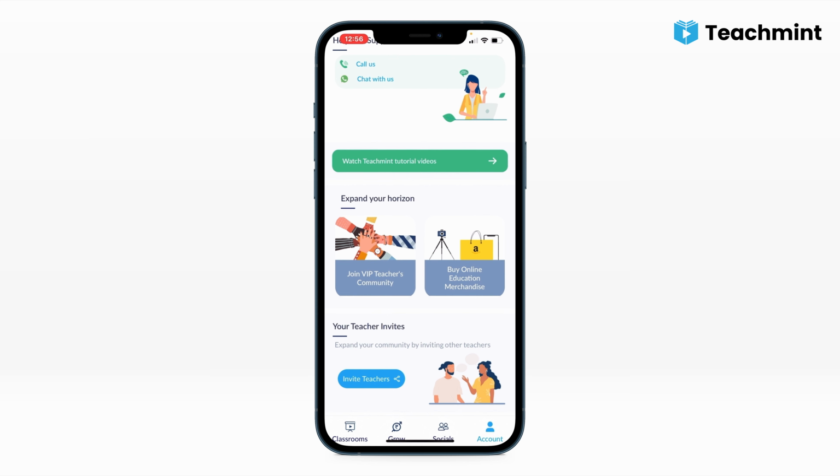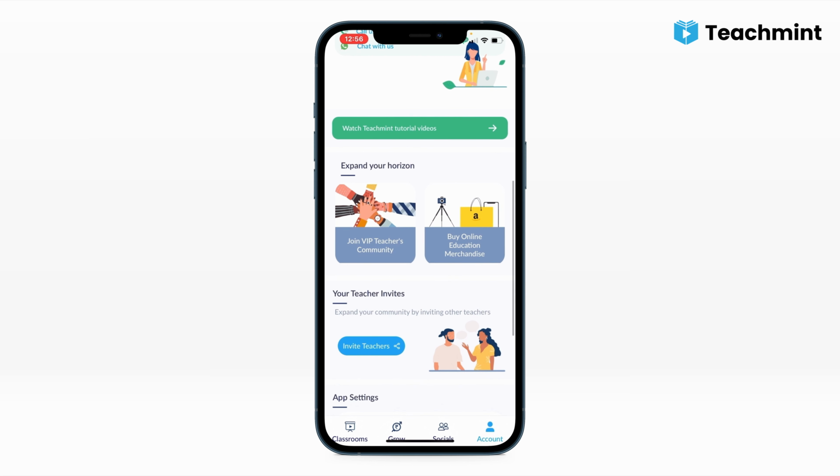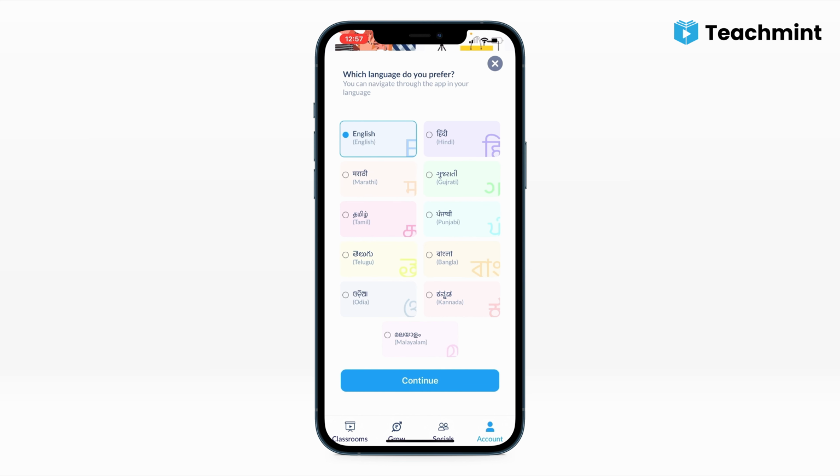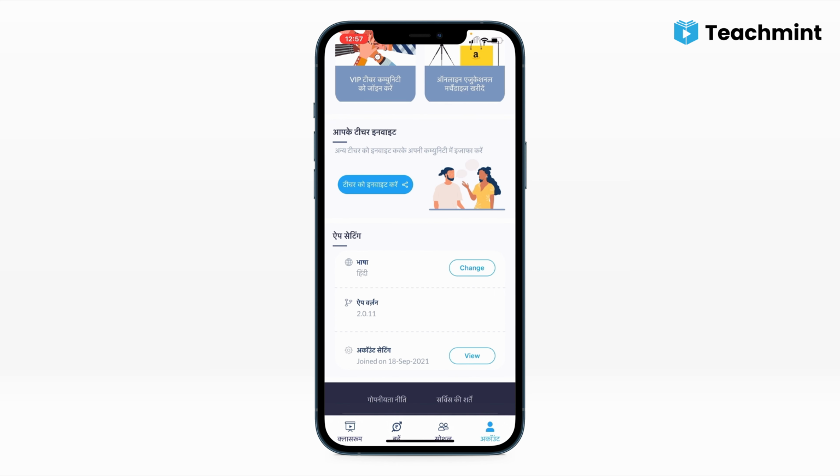Buy online education merchandise. Here Teachmeet has created the best online teaching tools which teachers can check out by clicking on this tab. And finally, if you want to change the language of the app, just click on the change button and select the desired language. Your app will convert into the particular language which you have selected.